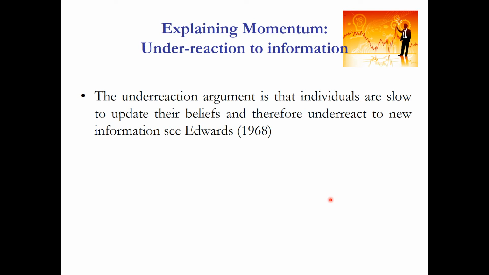What this might result in is that we might have a firm, for example, that announces a positive earnings result. That's good news, so the price should increase. But if you underreact, instead of the price increasing immediately or jumping immediately to a new fundamental value, there might be a slow, gradual diffusion of that information into the prices as investors slowly update their beliefs, and that results in a price continuation. So underreaction can result in this price drift or continuation of returns. Hence, it's been argued that it's potentially what explains momentum.